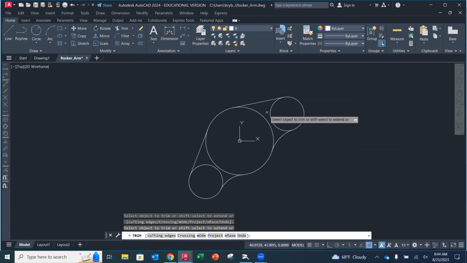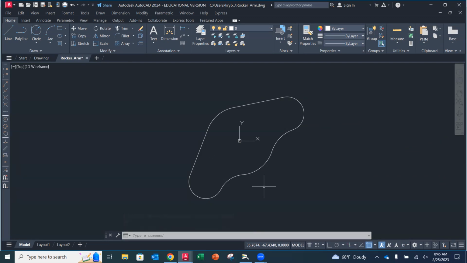Now I'm going to go to the inside of the shape and I'm going to go to this side of this radius, this side here, and any of those internal radiuses, and it's going to trim to where it intersects with the next entity. Once I'm done here, I can either hit enter or escape, and I'm done with my command. Okay. Now, if for some reason that didn't go the way you wanted it to, remember the undo is